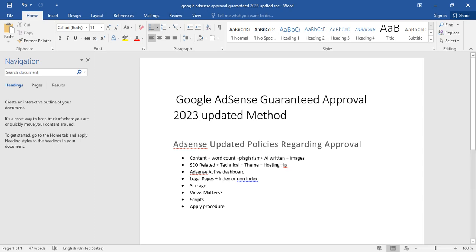And your IP address, if you are applying again and again, I noticed something in lots of websites: people are getting good traffic, their content is good, their team is good, they are technically good, their website SEO is also great, but they are getting rejection after rejection again and again. The specific reason here is your IP address.